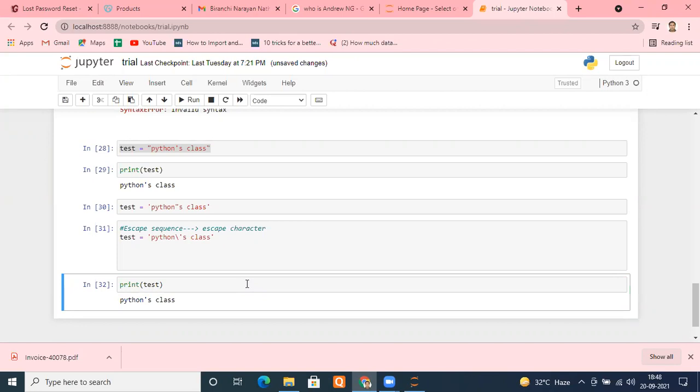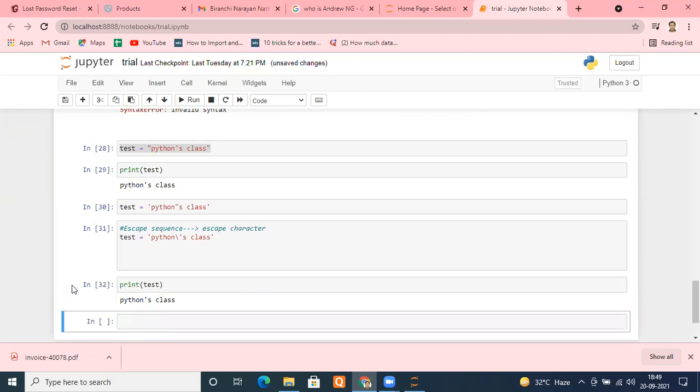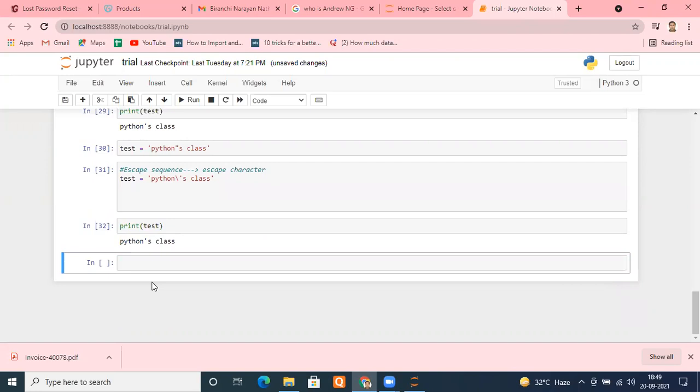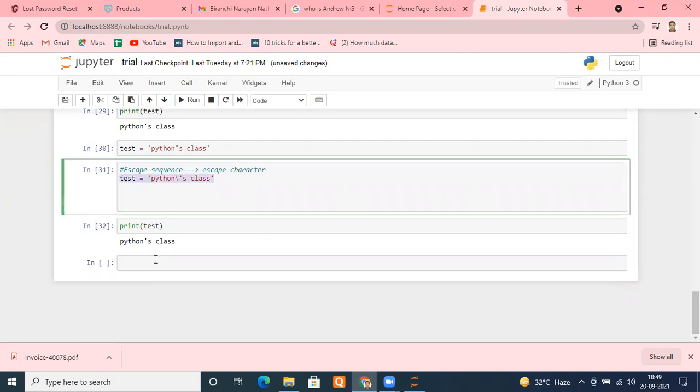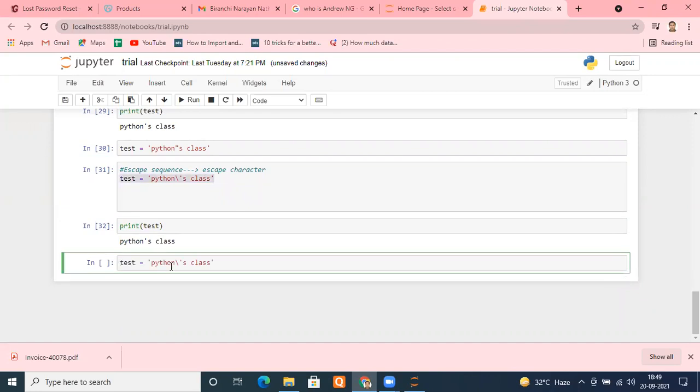Similarly, as this is an escape character, there may be other problems as well. This escape character can help in various scenarios. Suppose this is Python class. I'm again copying it. What I want here is that Python should be printed on one line and class should be printed on the next line.